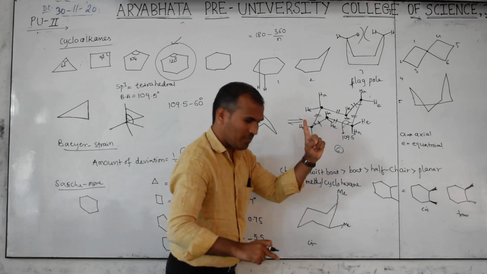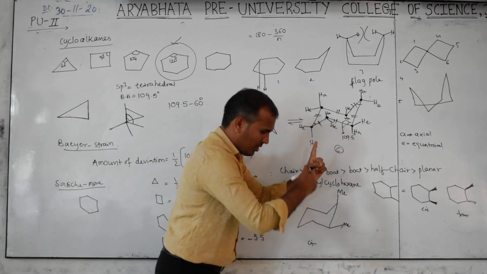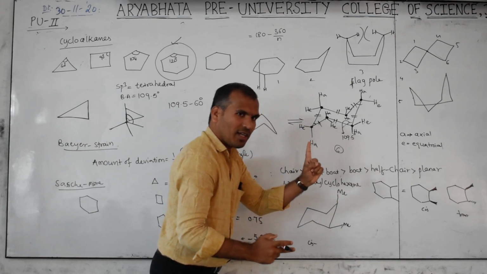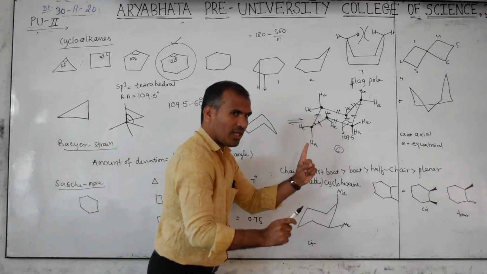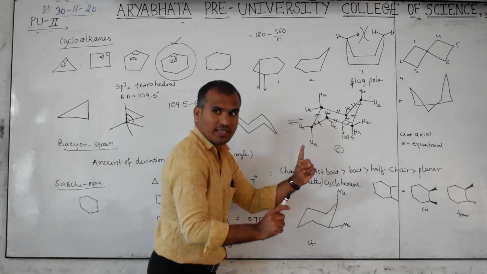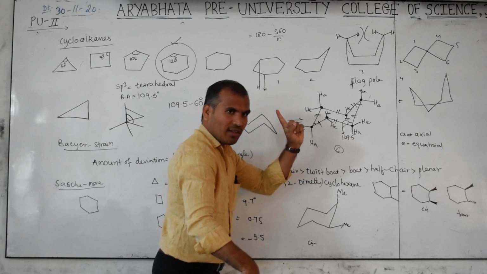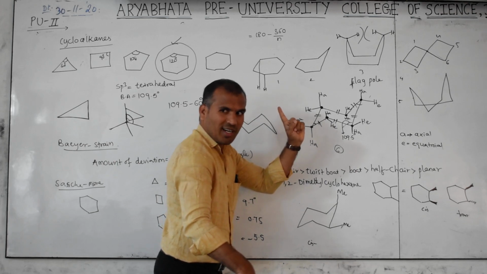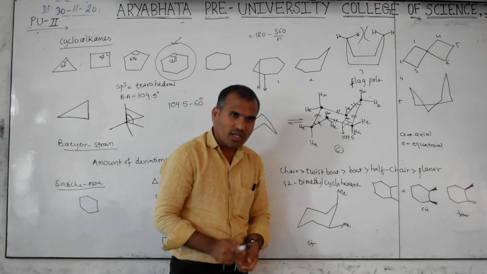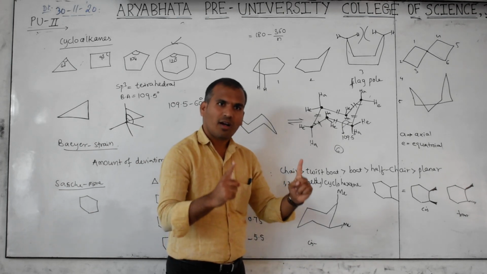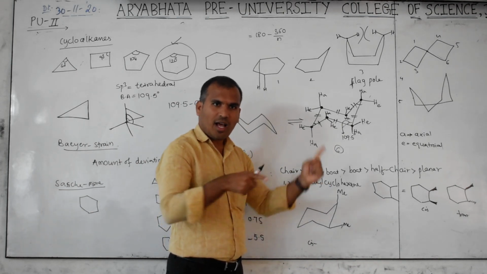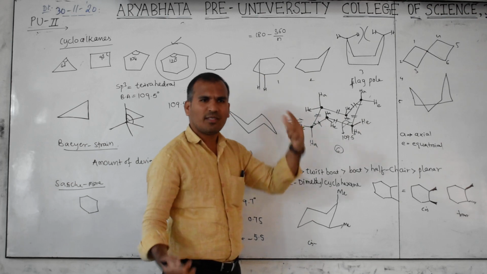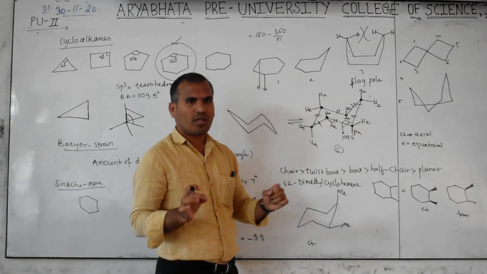Like this is there. This is a line, this is a line, this is a line. This is exactly vertical. This is like this. Then these two are which one? Little bit same side. If like this is there, opposite, then these are trans. So based on this, what do you consider? Up, up is cis. Up, down is trans. Simple. This is a shortcut trick to remember how to identify.